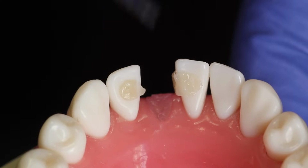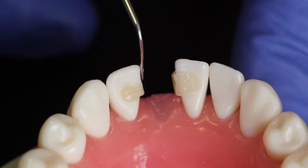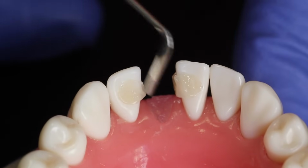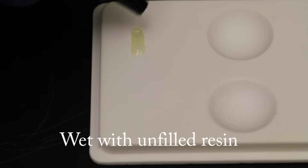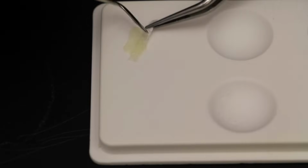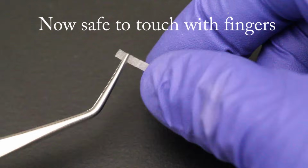Flattening the composite will make adaptation easier and reduce the amount of composite that needs to be displaced when placing the ribbon. Try to make this layer approximately 0.5 millimeter thick. Wet the first piece of ribbon with a 4th generation unfilled adhesive bonding resin. After the ribbon is wetted with the bonding resin, you can now touch it with your fingers or powder-free latex